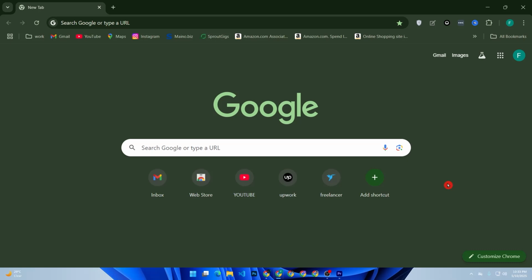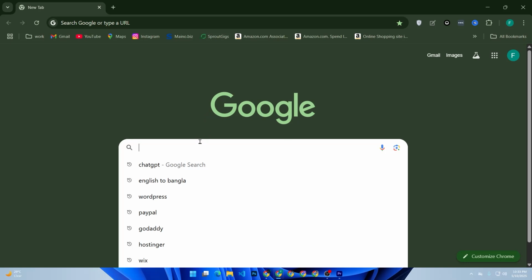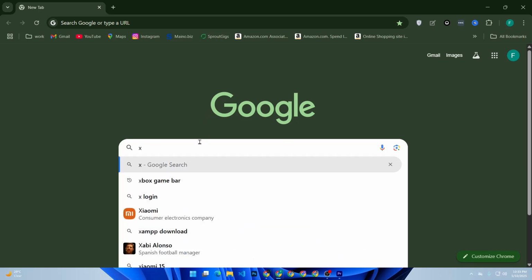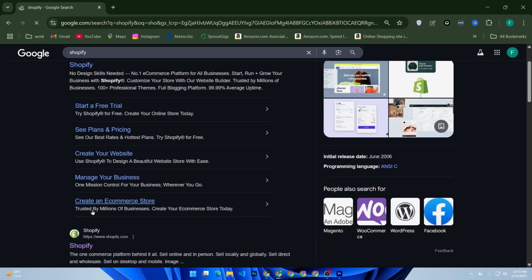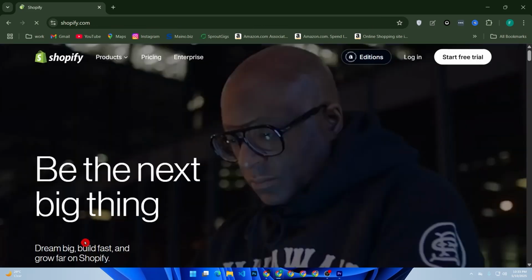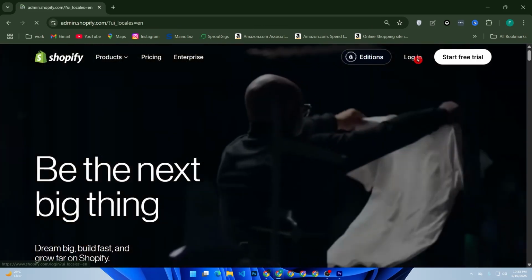First of all, we need to select a form app. There are many apps available in the Shopify App Store that allow you to create custom forms. So, let's get started. Go to shopify.com and log into your account with your login credentials. After that,